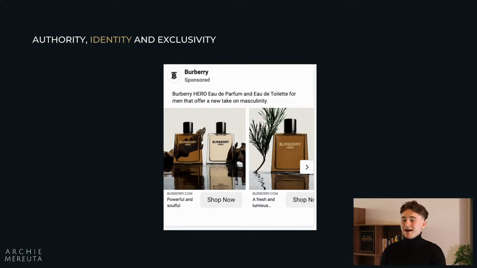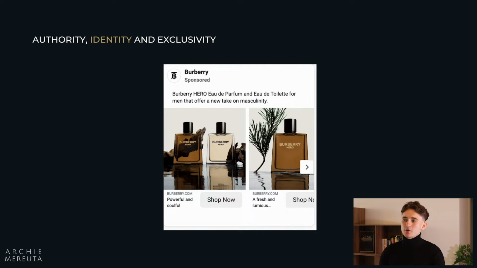Let's talk about identity now. When we're talking about identity, we want to create subconsciously in the customer's mind a feeling that when they see your product, they say to themselves that this product, this brand is for me, is for my personality. For example, here we see an ad from Burberry. They say here,